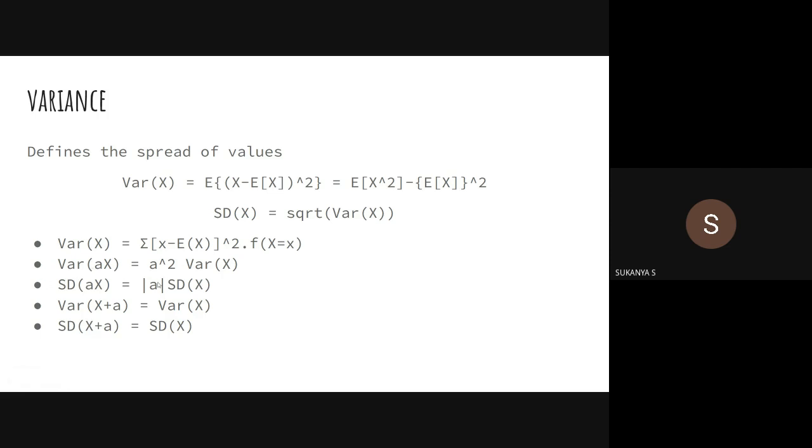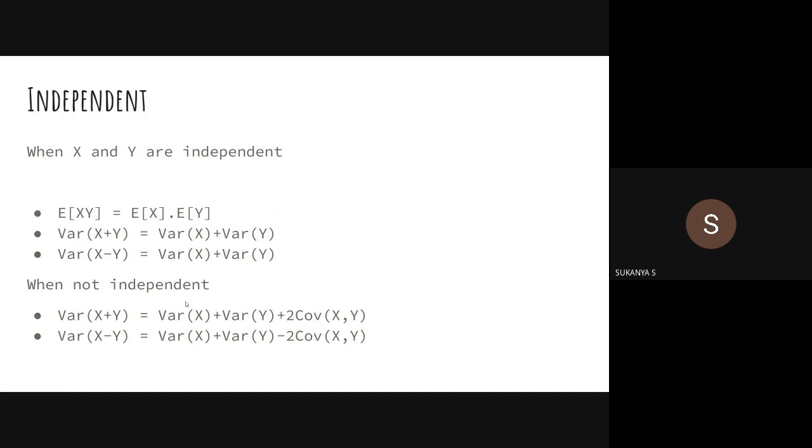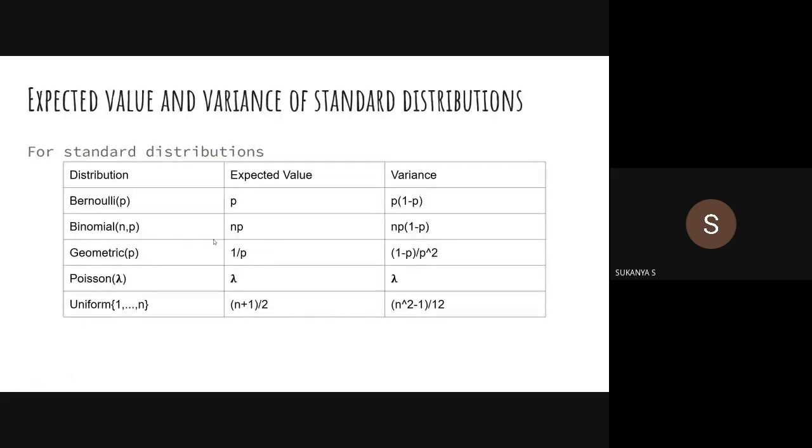For variance also, you could use these two properties, which I guess come a lot. Variance of ax is equal to a square variance of x, and variance of x plus a is just equal to variance of x. Now, expectation of x plus y was always expectation of x plus expectation of y, but expectation of x into y is equal to expectation of x into expectation of y only if they are independent. And in case of variance, the covariance is equal to 0 when they are independent. So that vanishes, and in both cases, variance of x plus y as well as variance of x minus y is equal to variance of x plus variance of y.